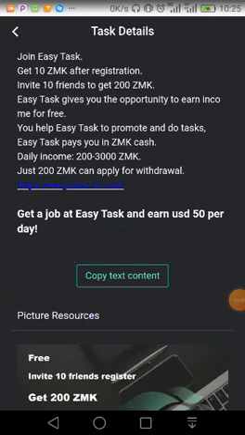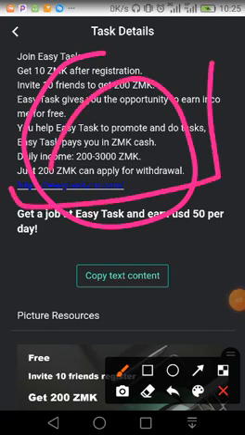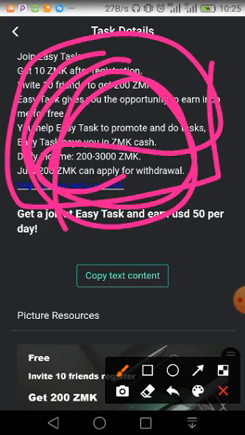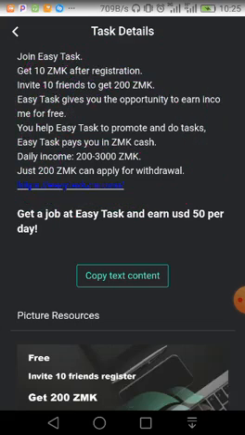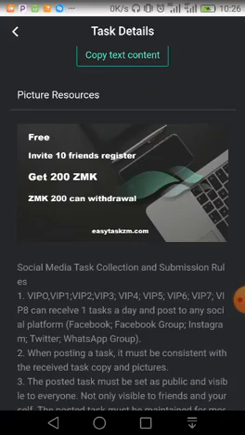You have to copy all this to post on Facebook. Copy successful, which means I've copied everything.